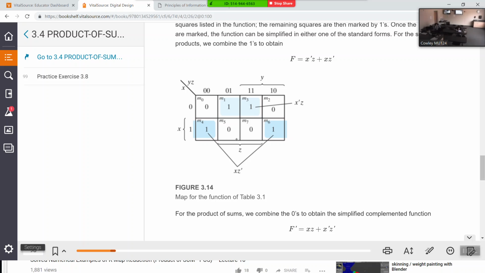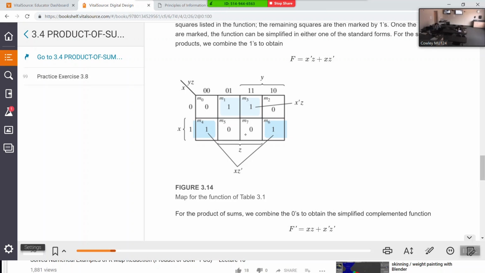Wait a minute, I'm looking at the wrong thing. Okay, these are comparing these two. So we had the same x value, both x equals 1, and we got x, didn't we? Now, if we look at this right here, what is x? X equals 1. And look what we came up with down here. We came up with x, didn't we? Up here, the z's are both equal to